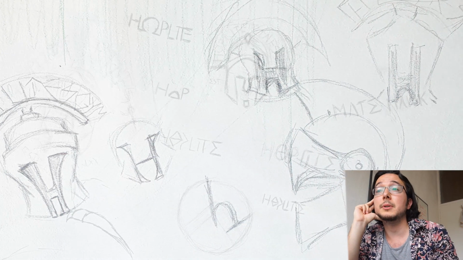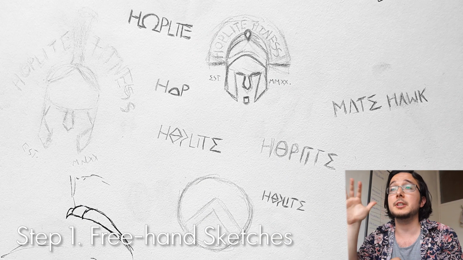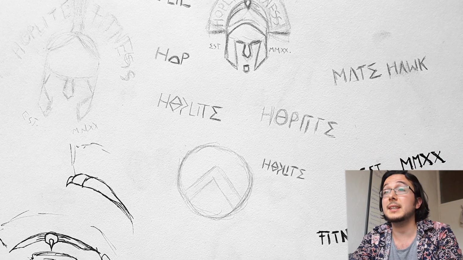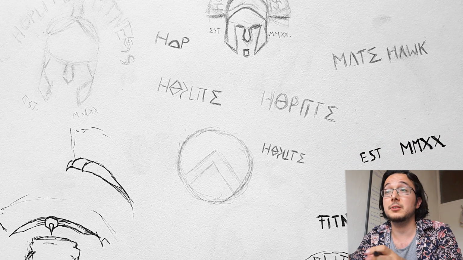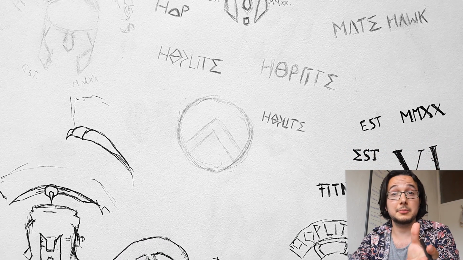Okay, step 1 is all about sketching and idea generation. Draw out some ideas for your logo freehand. I prefer to do this with pencils on paper because it's quick and I feel fully in control of my drawings this way. But if you prefer an iPad and an Apple Pencil these days, that's absolutely fine.